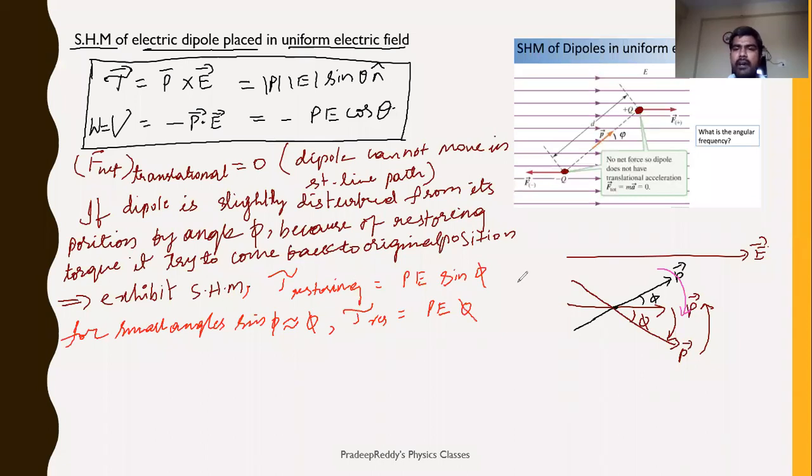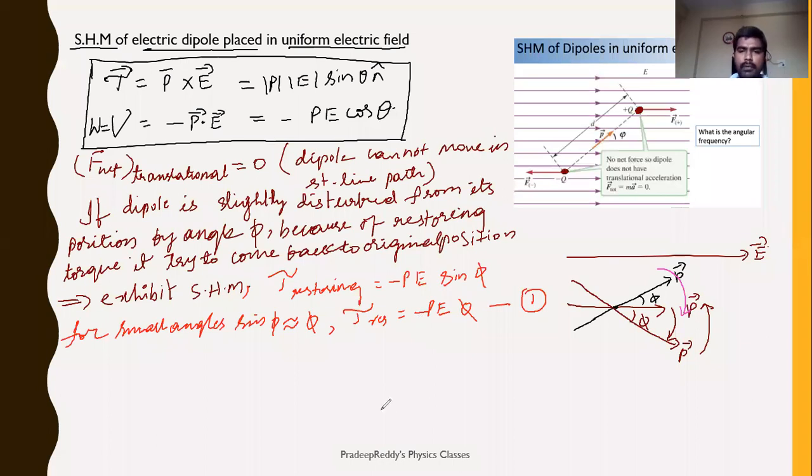And remember, this torque is a restoring torque. Restoring torque always acts in the direction opposite to the actual motion of the dipole. You are trying to change the dipole angle by θ, rotating it from the x-axis towards the positive y-axis. But the restoring torque tends to bring it back, opposite to your inclination angle. So the restoring torque should be taken as negative. Let me take this as equation number 1.